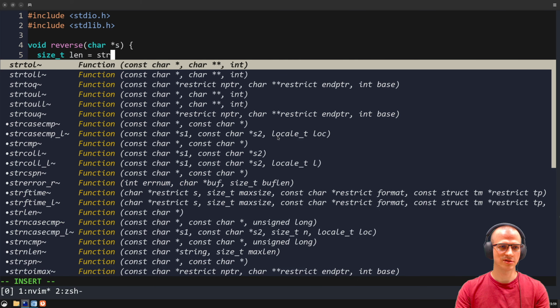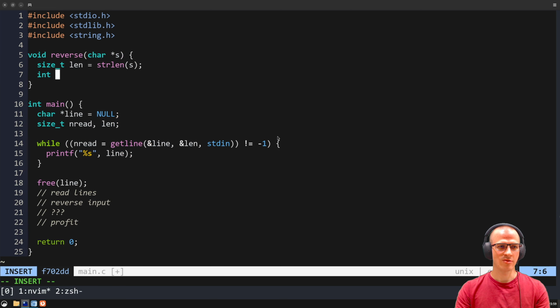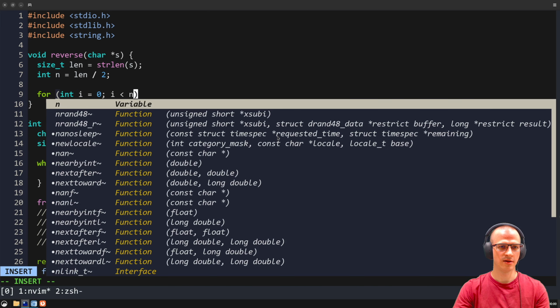So I'm going to use strlen, which comes from string.h, and then we define a variable called n, and this is going to be length divided by 2, and for int i equals 0, i is less than n, i++,